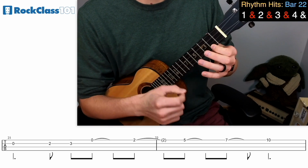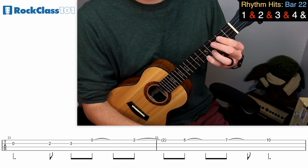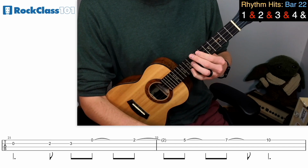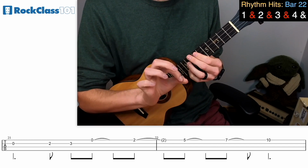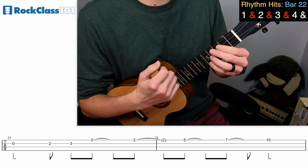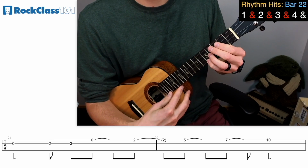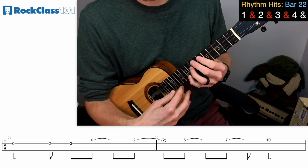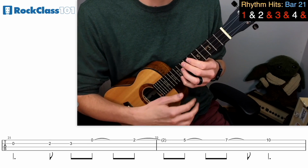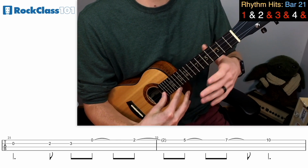And then as we go on to measure 22, we're going to go up to 5 on the A string with our pinky, go up to 7 on the A with the pinky, and then go up to 10 on the pinky. So a lot of syncopated upward movement. So 22 in time should sound something like this. 2 and 3 and 4 and... And then the pair of these two, 21 and 22, should sound something like this. 2 and 3 and 4 and...